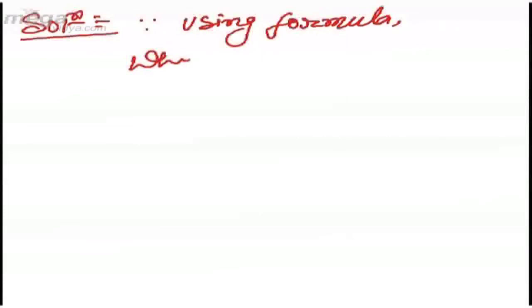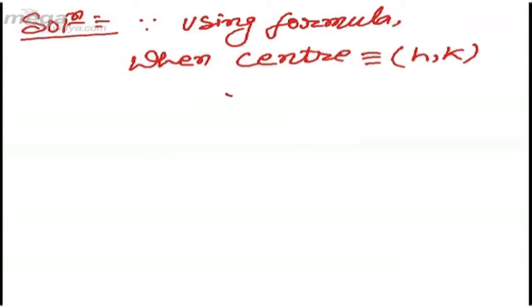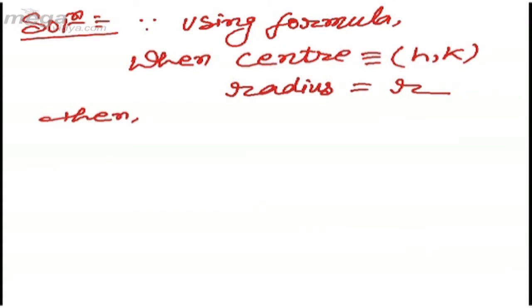So student, we will write here, using the formula, when the center is h comma k, and the radius is r, then the equation of the circle is,